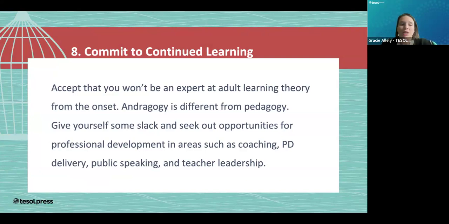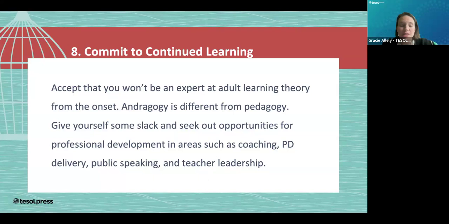For the SWEL workshop series that TESOL does, the first workshop of the series is contextual language. So digging into what does it look like to teach language and content. The second is a professional development workshop where we look at different PD plans that are all provided that they can work through on how to deliver them, different topics, how to choose the topics, how to adjust them for your setting. And the third one is that coaching and administrators workshop where we look into what is peer coaching and how am I supposed to be non-evaluative and how do I build those relationships with my administrators. So those are the 3 areas that this workshop series touches on.